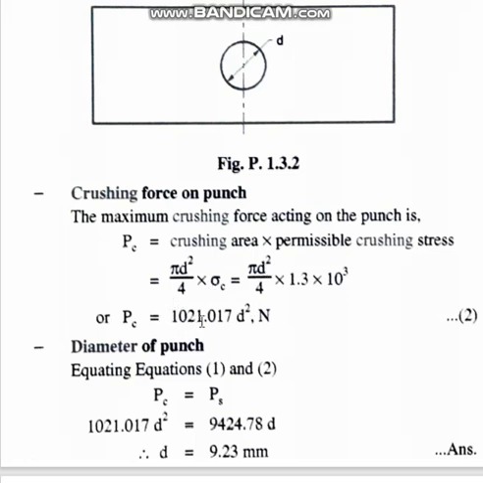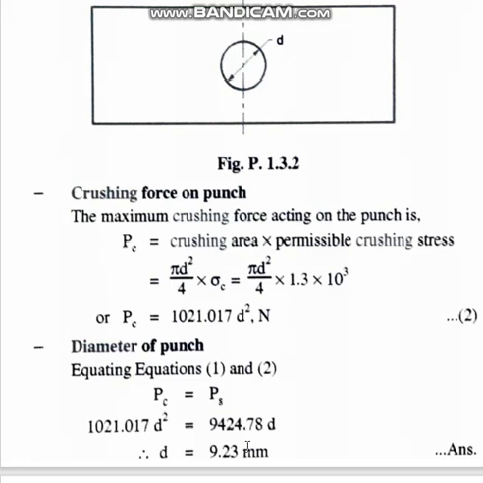So PC is equal to 1021.017 d square, so many newtons. When you calculate, see whether this is coming. Now to find out the minimum diameter or minimum size of the punch that can be done, we have to equate these two equations. First we got one equation, this is the second equation. Now equating these two, that is PC is equal to PS. So one side you will have d square, the other side d, and from this you will find out this